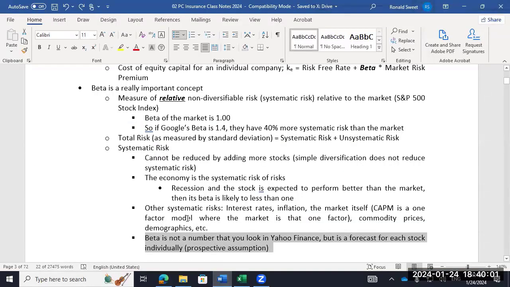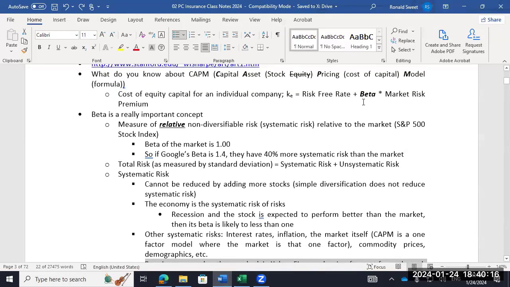My job at UTSA was to come up with UTSA's beta, but UTSA doesn't have stock. It's a private company. So what I did is I went out and looked at UTSA's competitors, saw what their beta was, and then adjusted it to get one for UTSA. Why? Because that's what the regulators are going to let UTSA make when it prices its auto and homeowners insurance.